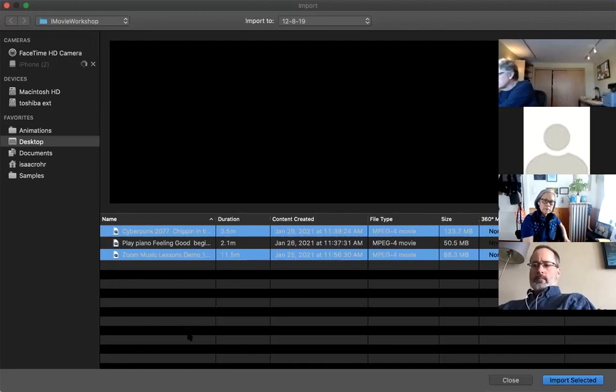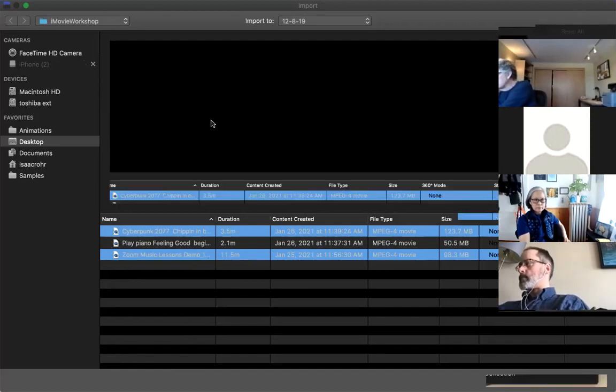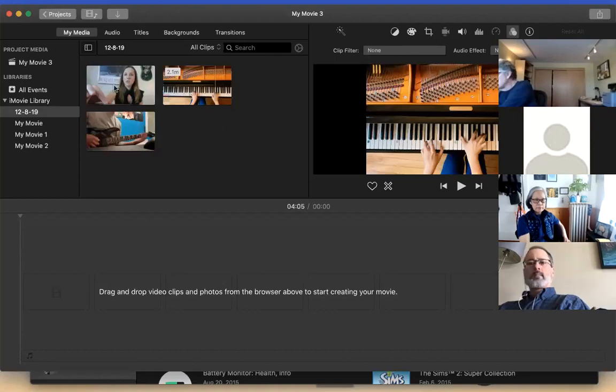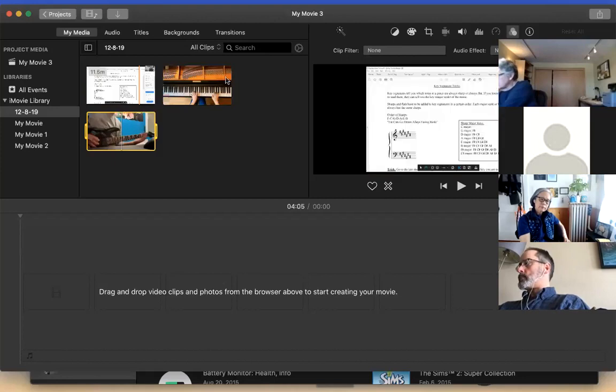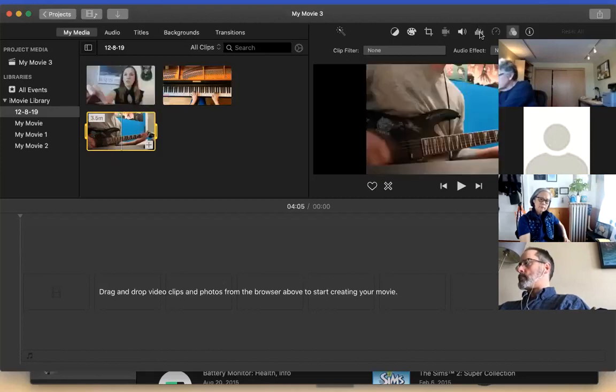So I can import a lot really fast that way, and I can jump around. If I had a huge list of files, all sorts of different cuts that I made for some reason, or all sorts of different recordings that I'd like to work with, I can do it that way super fast without having to go back every single time. So at that point, again, I'm just going to click import selected at the bottom, and that'll bring in those files. So they're there now. And again, just like in the other video, now I can click these, I can scrub through them, I can look around at them, and then I can tweak them at the top.